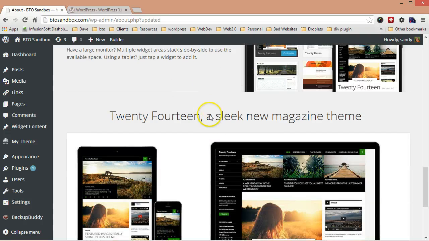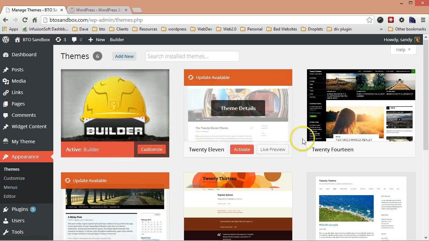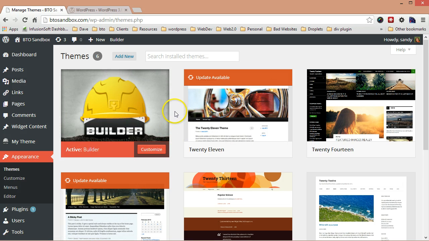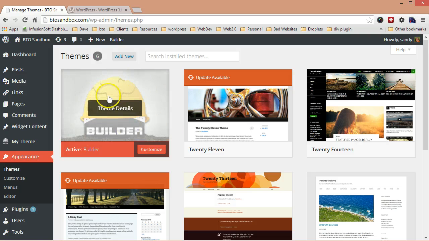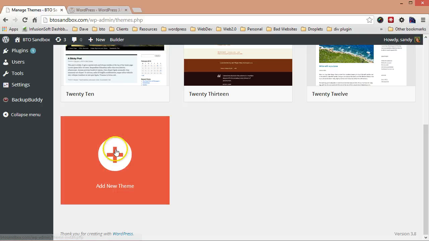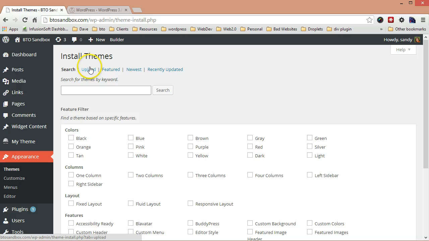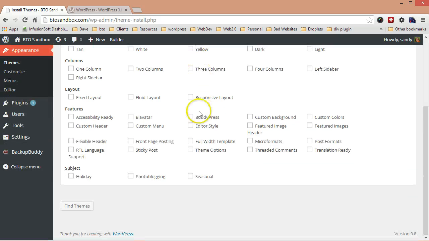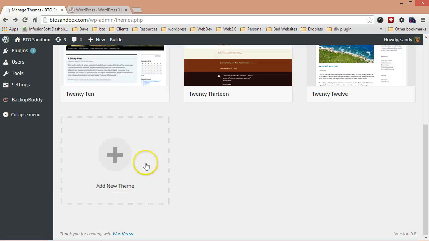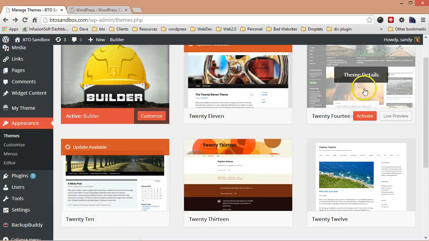Okay, so let's go then take a look at our themes. Look at some of the new features. So before it was just one theme here that was your current active theme, and then all the other ones started below it. Let's see how easy it is to add a new theme. This looks interesting. Okay, still fairly standard. That looks just like before. Let's check out this new